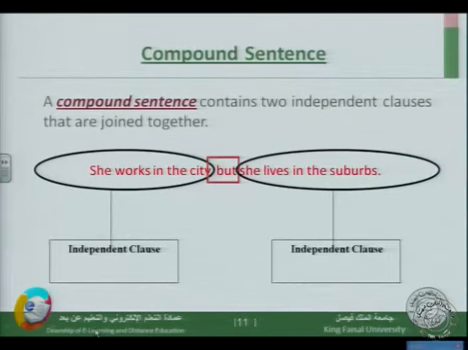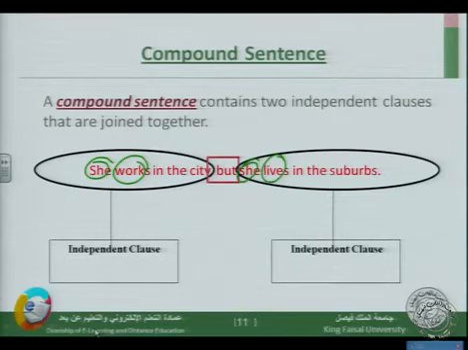Compound sentence. A compound sentence contains two independent clauses that are joined together. مثلا, she works in the city, but she lives in suburbs. She works in the city, but she lives in suburb. لاحظوا, how many independent clauses? How many clauses we have? Two independent clauses. Subject, verb,